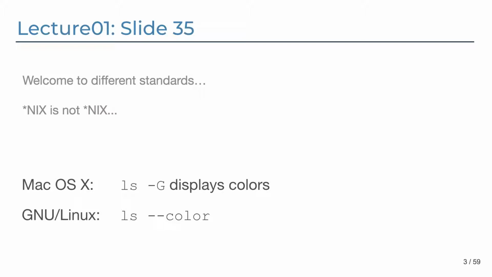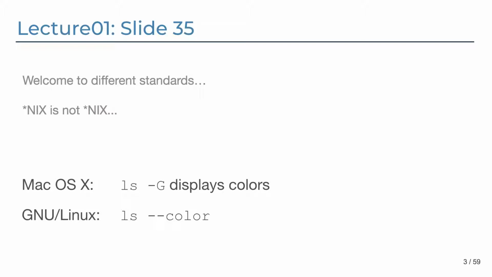So why is this not the same? Well, when you remember from the first lecture, we had this big tree of Unix derivatives, right? And there were basically 2 branches. One was the Berkeley Software Distribution branch, which resulted in the Apple systems, like Mac OS X, iOS, and so on. Then we had one branch which was separate, but not directly coming from there, and that's the GNU Linux branch. Though they have a lot of similarities, there are sometimes some differences